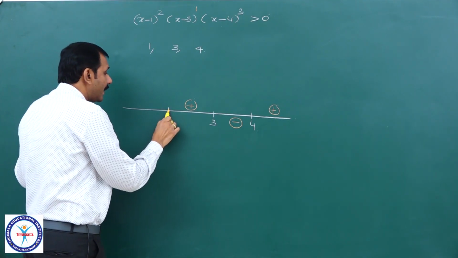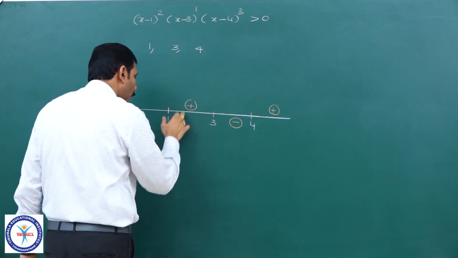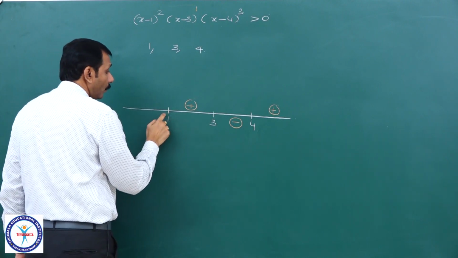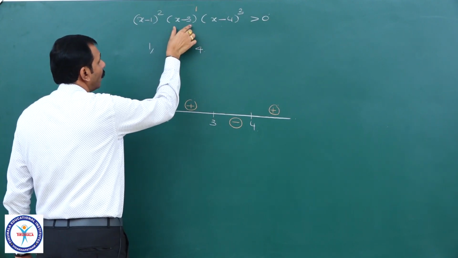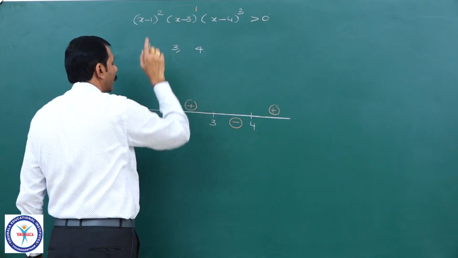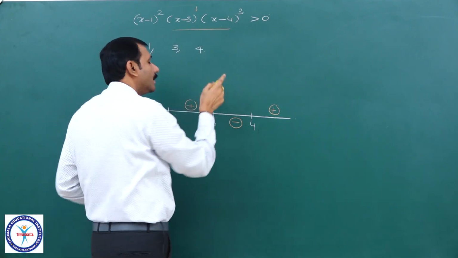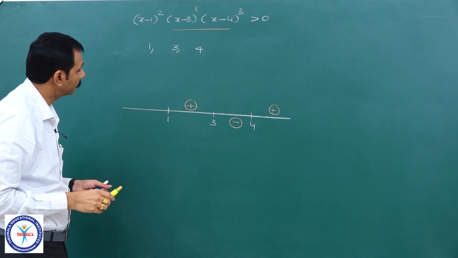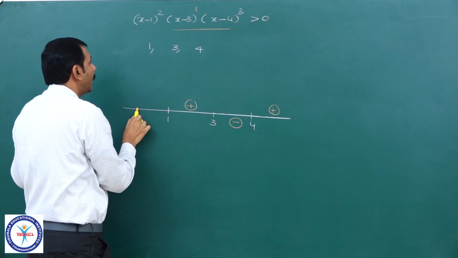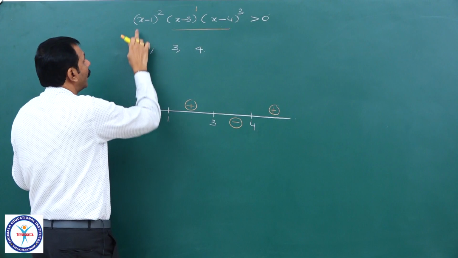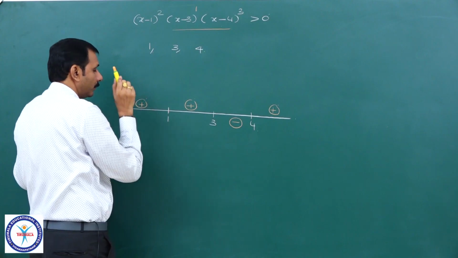And next, at x equal to 1, if you take 1.5 or 2, whatever the value, if you take 2, what will happen? (2 minus 1) whole square is positive. Of course the other factors are negative, negative into negative is positive. Either this side or this side, no problem with these two, both are negative. 1 plus, if I take, it is positive. Even on the 1 minus side, if you take 0, what will happen? (0 minus 1) whole square is positive. Here also it is positive.